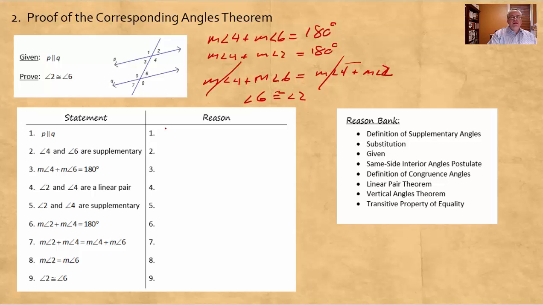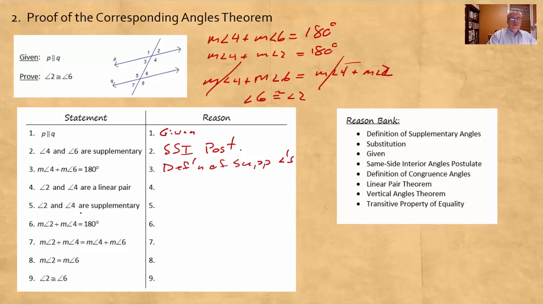So again, based on our postulate and linear pair. So almost the same. P is parallel to Q. That's given. Then 4 and 6 are supplementary. That's the same side interior postulate again. Then 4 plus 6 equals 180. That's what it means to be supplementary. So this is kind of going the exact same way. So definition of supplementary